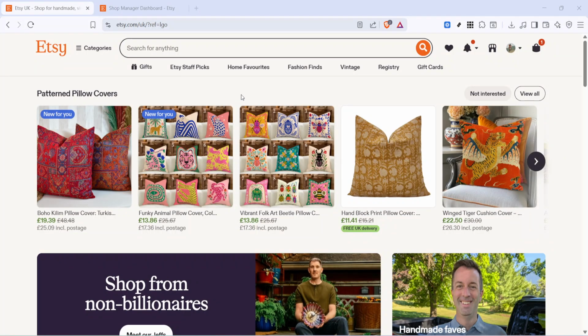Here's how to sell an item on Etsy. I'll show you this on the web version of Etsy. Let's get into it. First, sign in to Etsy.com and click the Shop Manager icon in the top right corner